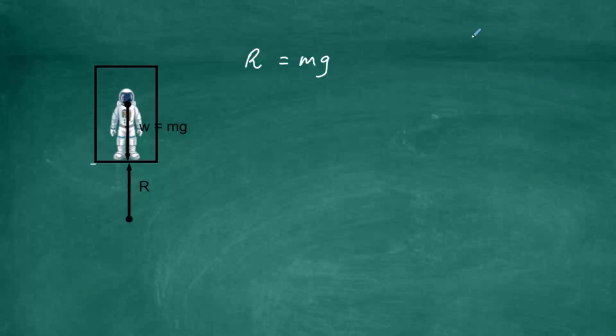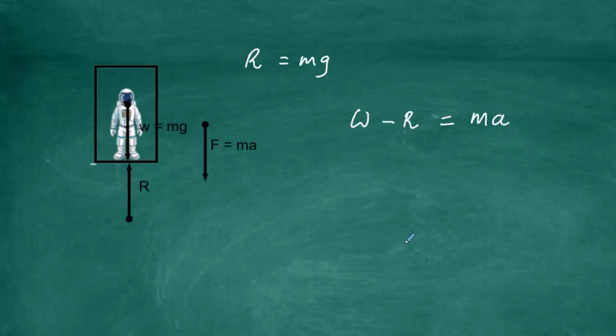But things get different when it starts to accelerate. So if we bring acceleration in, then we have got an unbalanced force situation. An unbalanced force situation means we have to find out what the unbalanced force is. Now, if we take things going down the way as positive, then we can see that the resultant forces are going to be the following. The weight acting down the way we'll call W. We will take away R, which is pointing up the way, because everything pointing down the way is positive in this situation. And that's going to equal ma, which is going to be acting downwards, the unbalanced force,